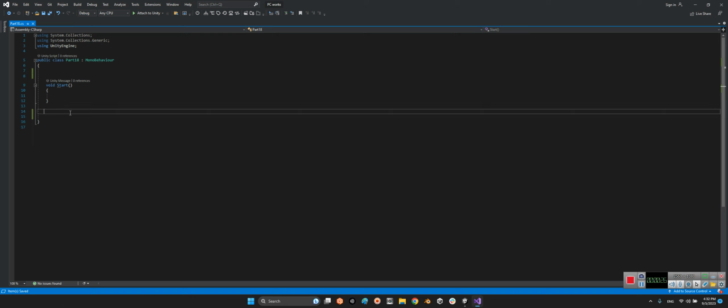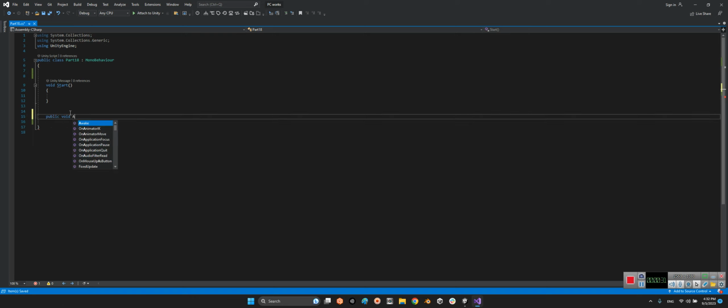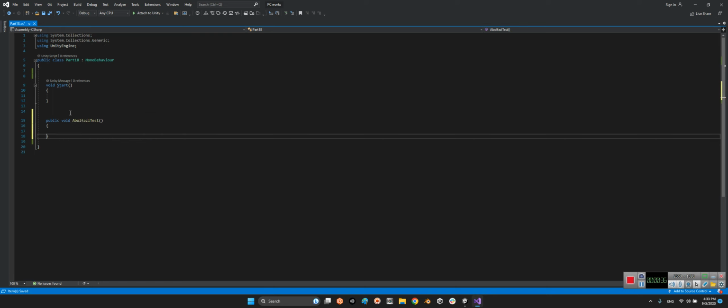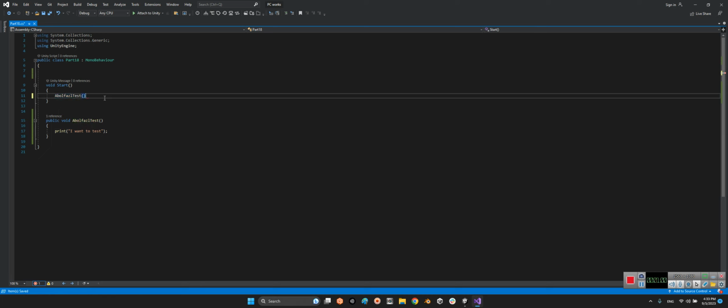For example, we have a function called void AboFasTest, and the responsibility of this function is just printing this message that I want to test. Okay, I can call this function